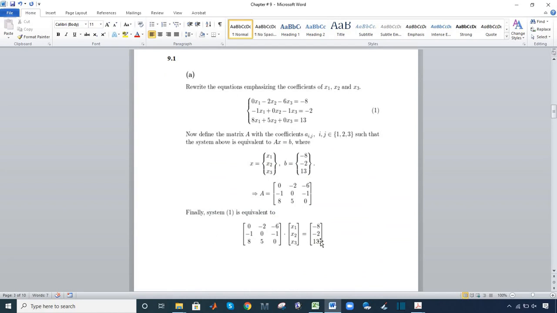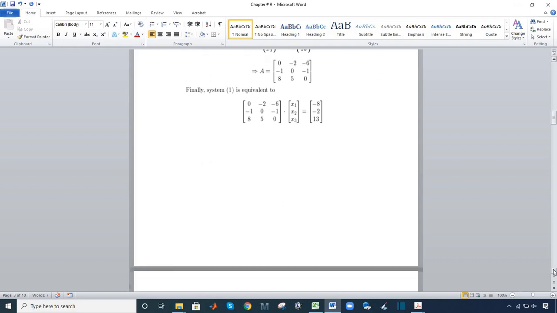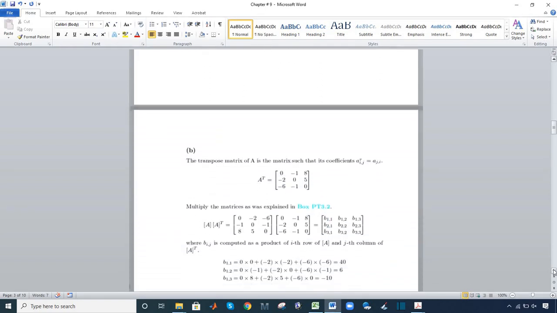This is the required form of those equations. These are the elements of the matrix, and these are the variables, and these are the coefficients of this matrix. And then you have to take the transpose of this matrix. You know well, transpose is just the interchanging of the rows with columns. This is the transpose, and then you have to multiply both with